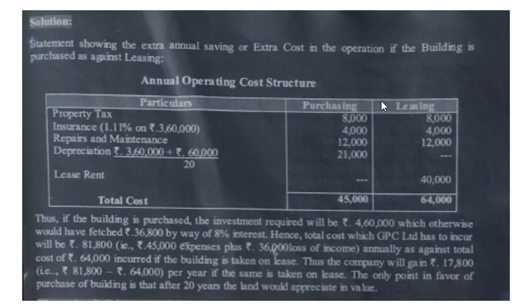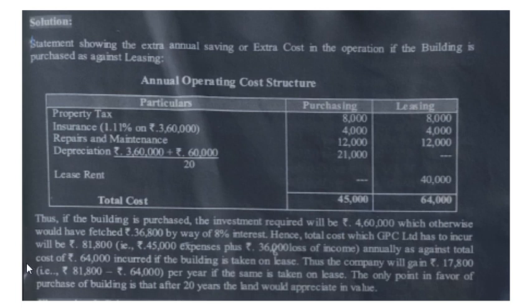So yes, if he is purchasing, he is investing his money in the asset where he needs to bear a total cost of 45,000 annually, based on the calculation we have done. So if he's purchasing, then he will lose his investment opportunity, where he can't make an investment, which is a loss of income of 36,800. So this is the total cost which the purchaser, GPC Limited, has to bear.